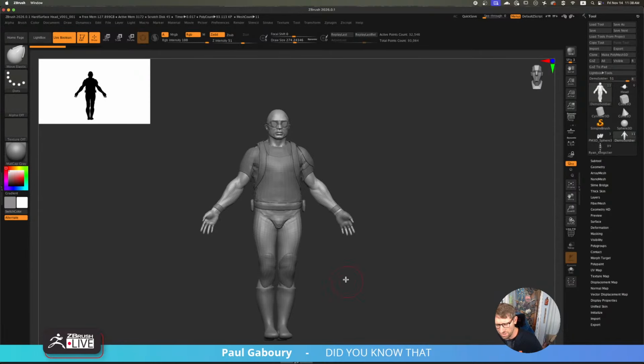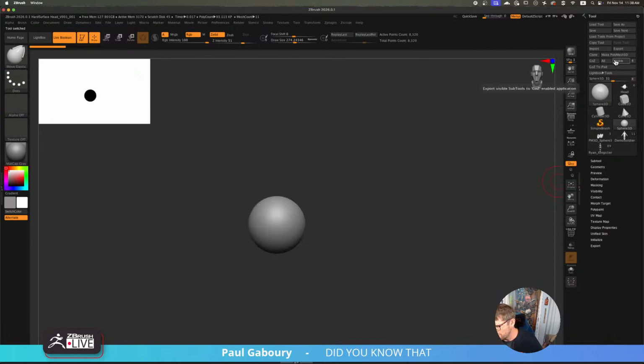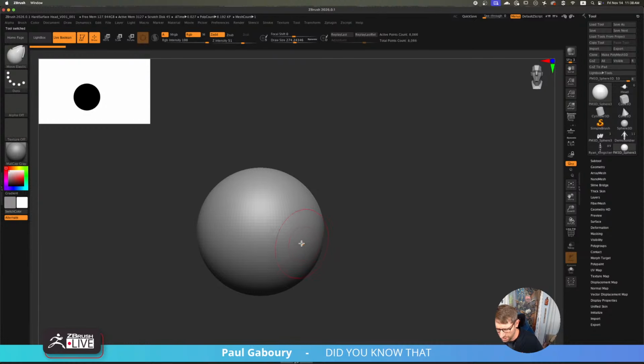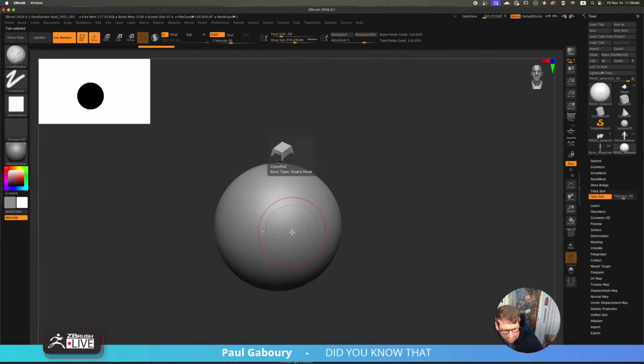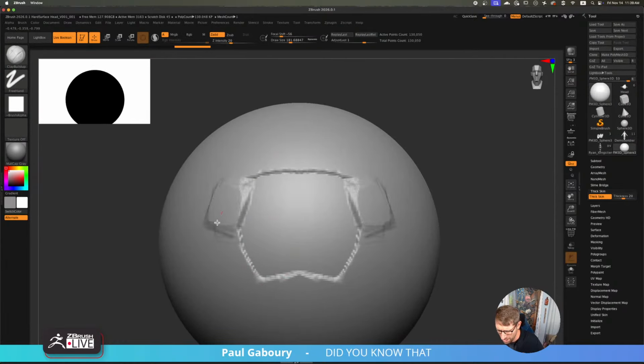So you're digging into the surface in essence, right? You're just sculpturally going to dig into something. So again, if I have thick skin on, and now I switch to the clay buildup and start digging in, there's going to be a point where it stops digging, and then I can build it up.